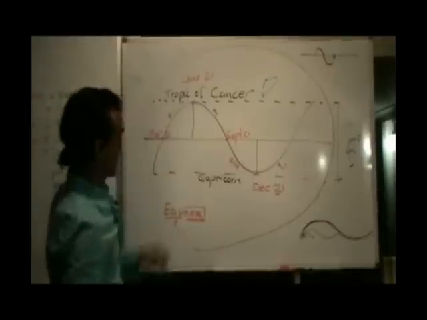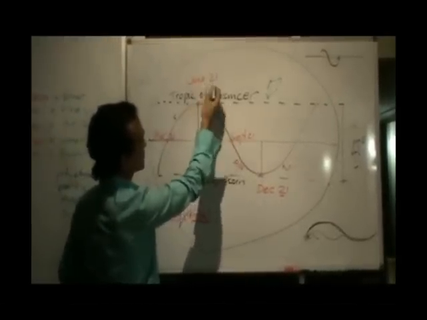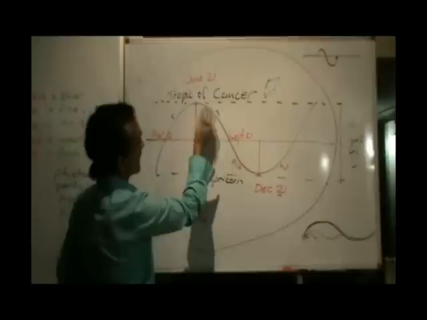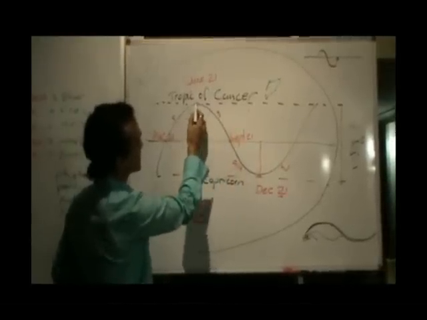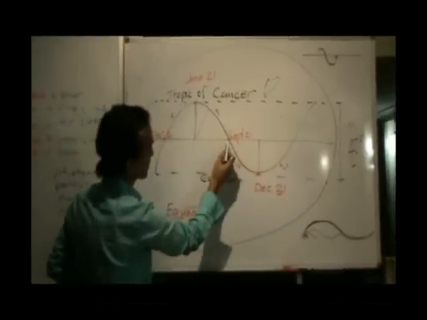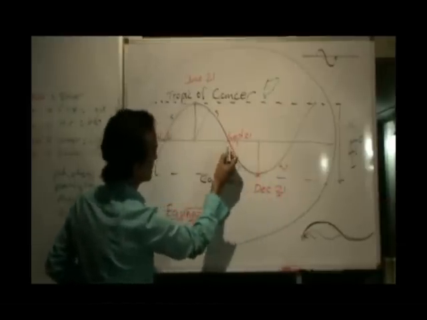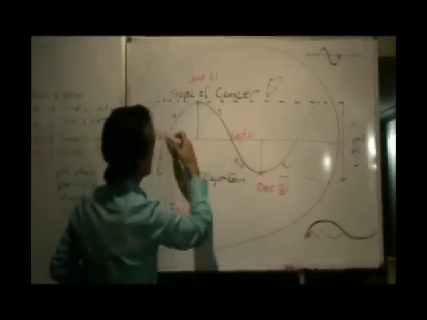Okay. So when the sun has hit the Tropic of Cancer, it's June the 21st, and the sun will be in that sign for 30 days. There's 30 degrees of the circle. Later, what I'll do is I'm going to wrap this around and make a circle out of this, okay? So instead of a linear graph, we're going to have a circle.